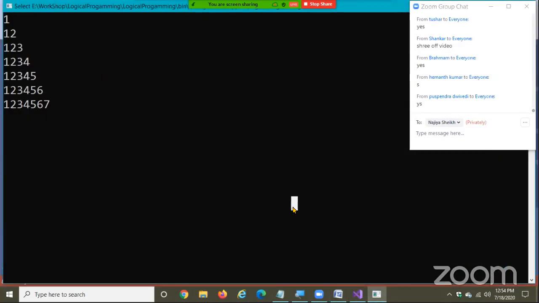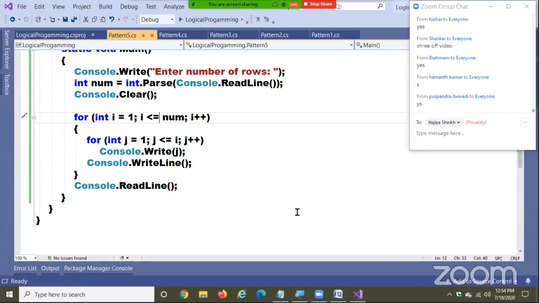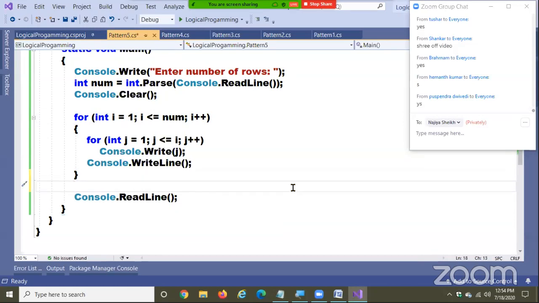Are you clear? For that, again, you're required to write a for loop. One more for loop. Watch the code. Reverse printing. Okay? For